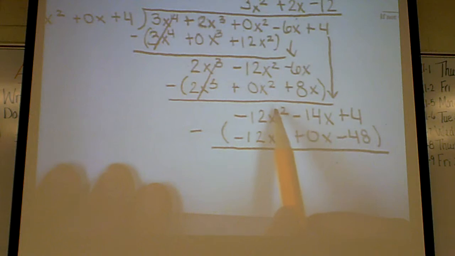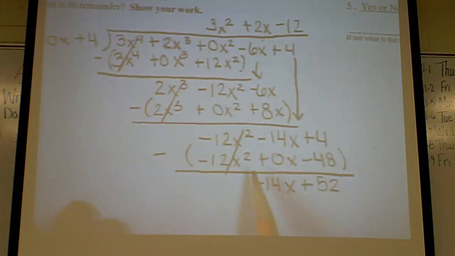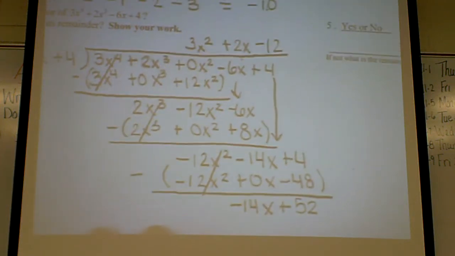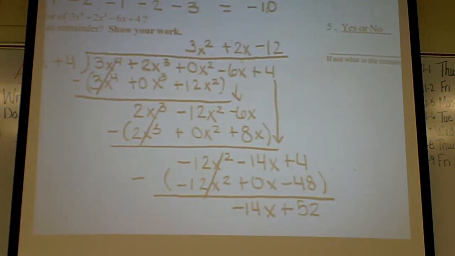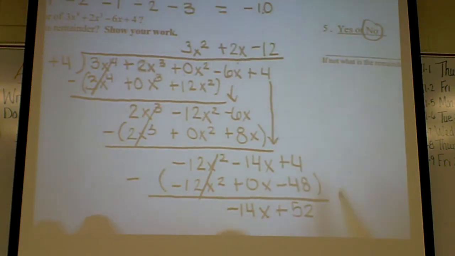My 12x squareds cancel. I have these, I get -14x plus 52. Was x squared plus 4 a factor? No. My remainder did not come out to be